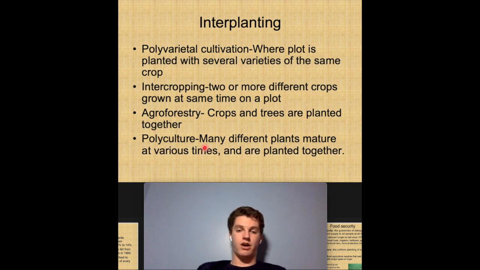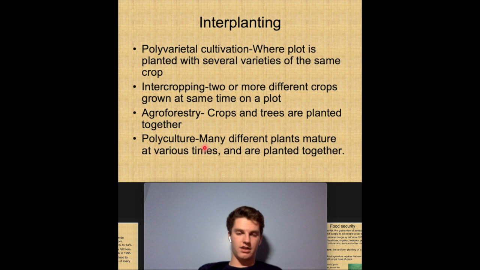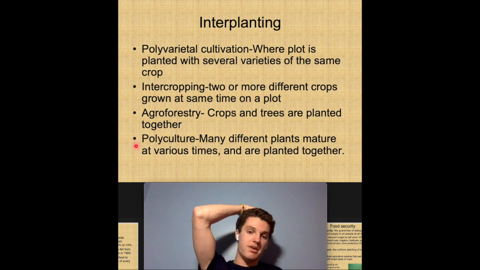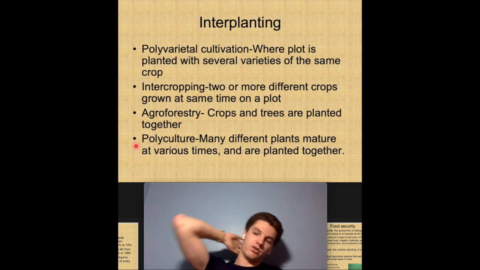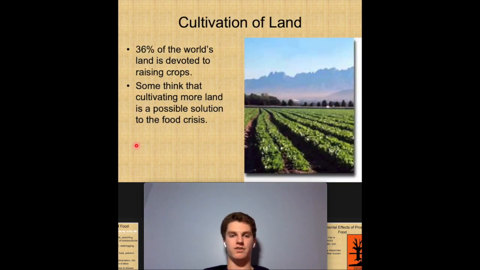Agroforestry, you've got crops and trees planted together. So certain crops that don't require as much sunlight or grow completely underground can be planted near trees that have cover. So there's shade. Polyculture, and the definition of that is many different plants that can mature at different times. So you might be harvesting one thing at a different time and one thing at another time. Cultivation of land,